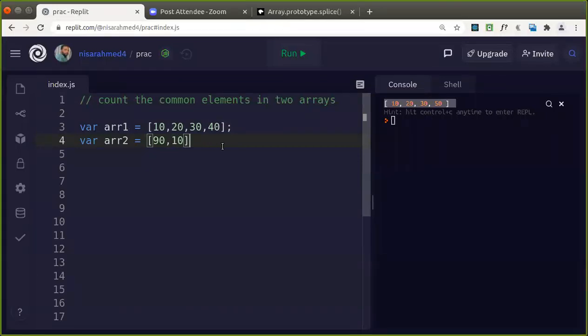How many common elements are there? Only one common element, so the output should be 1. Suppose you have 20 as well, the output should be 2. Why? Because 10 is there in both, and 20 is there in both.